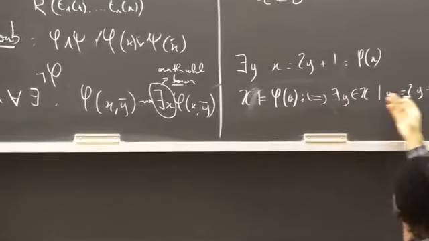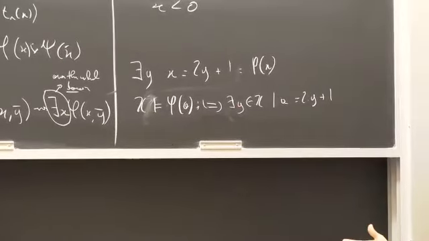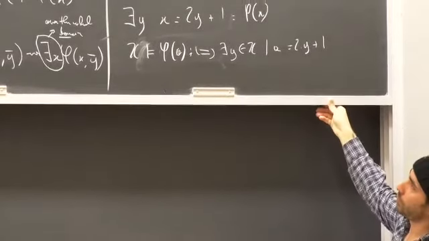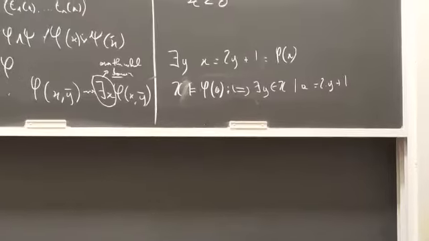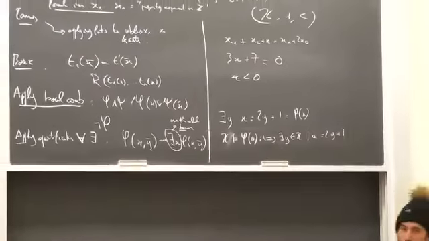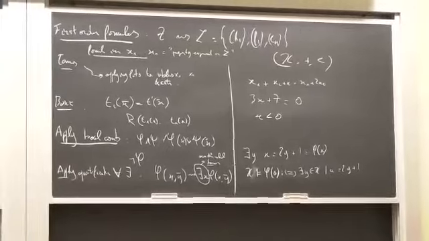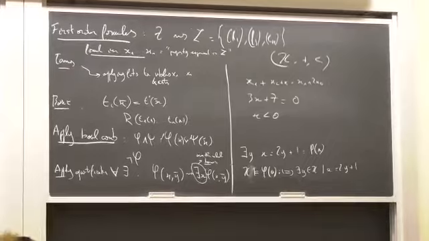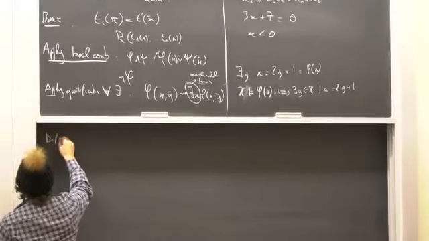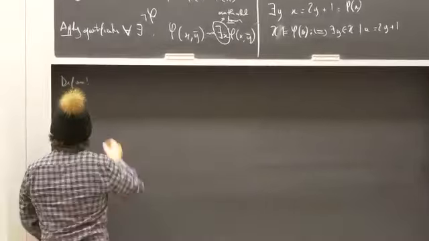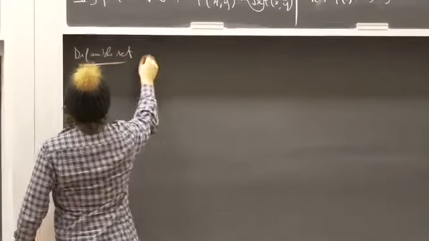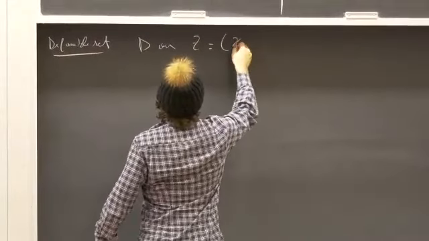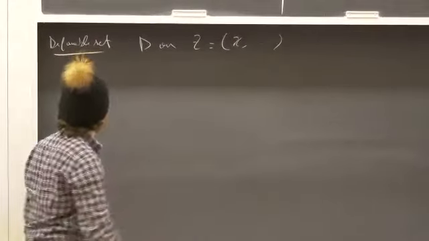These are expressions, and these properties are constructed in a somewhat restrictive way and make sense in a given structure. The idea is that this formula will define subsets of the structure. So the definable set D in the structure Z, which is again something like this with the language,